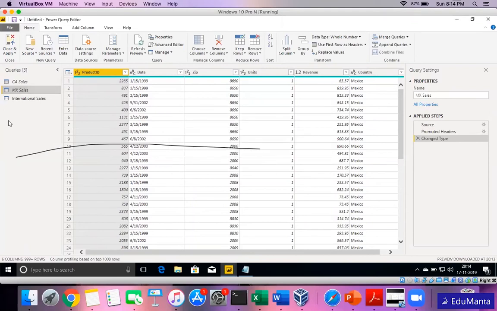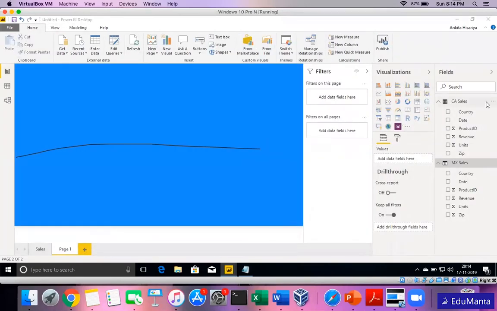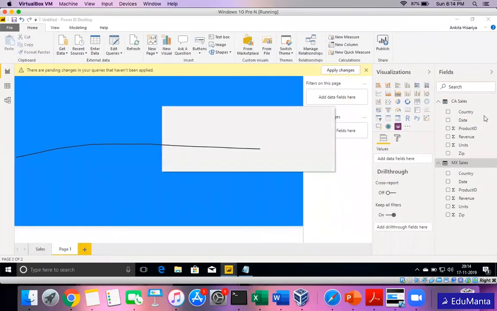So after I do this, if I close and apply, I will just have a common international sales table loaded into the report.